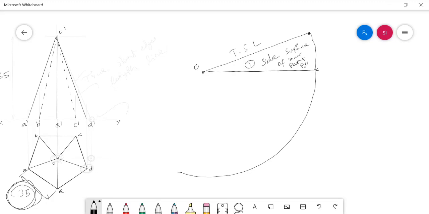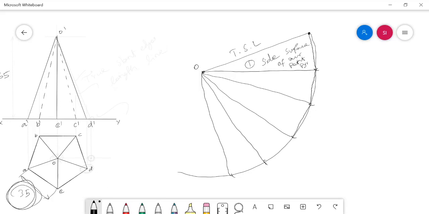Totally our pentagonal pyramid has 5 side surfaces, so we need to cut 4 more arcs. Number 2, number 3, number 4, number 5. In this way I have to connect all these things. And then I have to connect the base corners with straight lines, because it is a polyhedron, so the base edges will be straight lines.